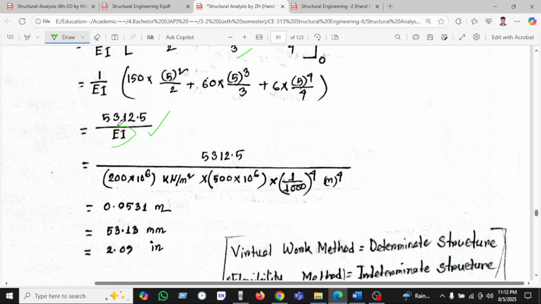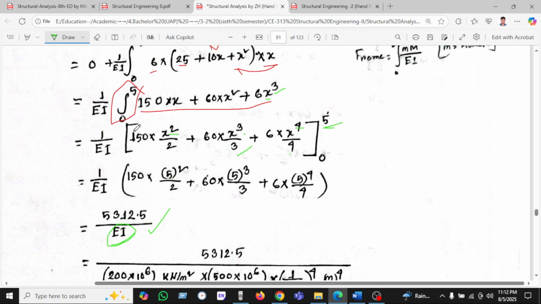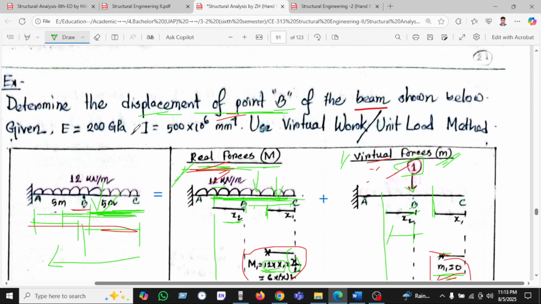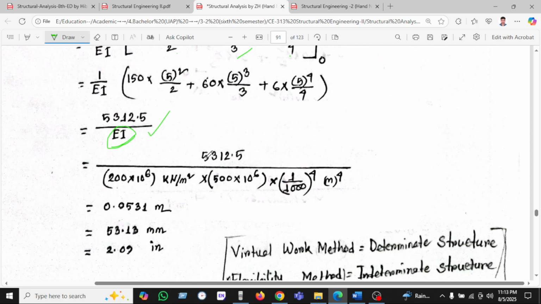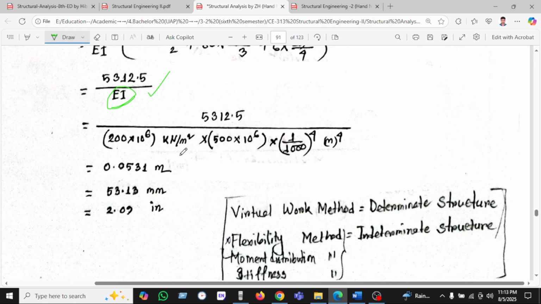Now we will calculate by putting in the EI, which is flexural rigidity. So don't mix up the units. The unit given is gigapascal and millimeter to the power 4. Gigapascal means kilonewton per meter square, and we are converting everything to meters to the power 4, and found